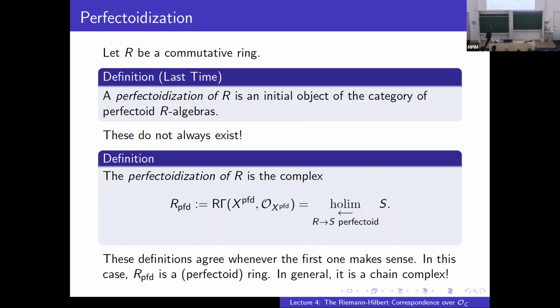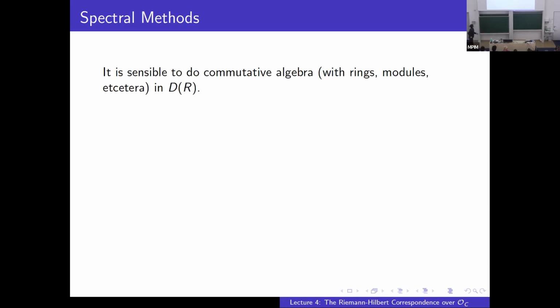And if we want to use it as a replacement for the perfectoidization, well, I want to think about this in terms of spectral methods. And now what I mean by that is I want to use the same kind of ideas that people in algebraic topology use when they want to do algebra in the stable homotopy category, in the category of spectra. So it's sensible to do commutative algebra, to talk about things like commutative rings, modules, and so forth in a setting